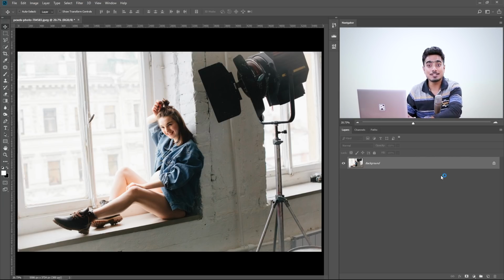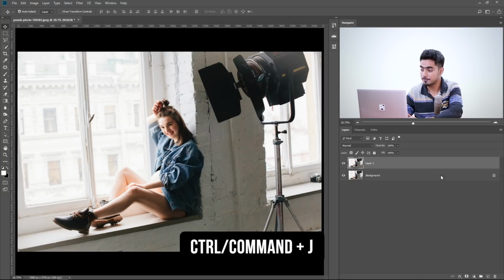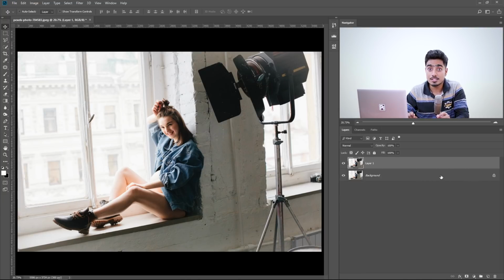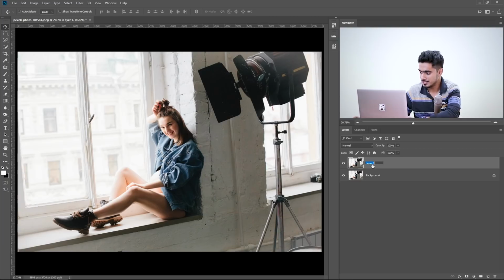So the first thing that we need to do is to make a copy of the background layer. To do that, press Ctrl or Command J. In this layer, we will apply Content Aware Fill. Now, Content Aware Fill sometimes does an excellent job, sometimes does a good job, sometimes does a pretty bad job. However, most of the times, it gives you a nice starting point to begin with. So we can name this layer Content Aware,